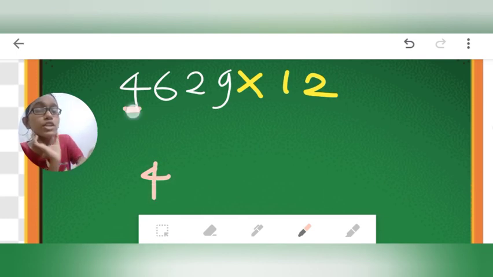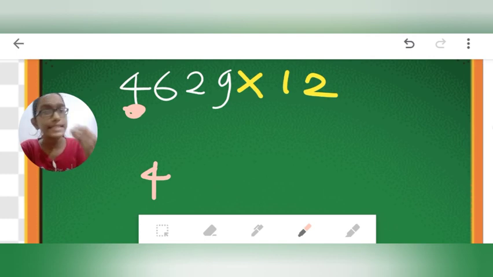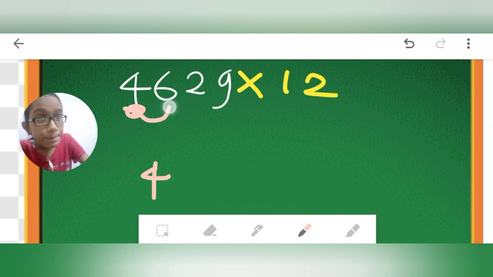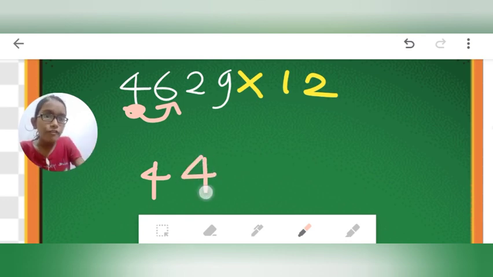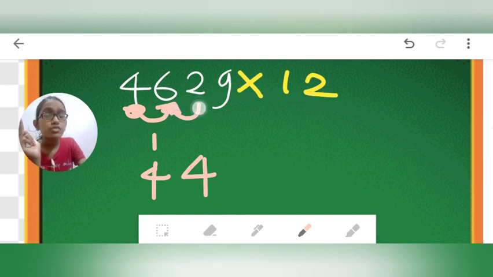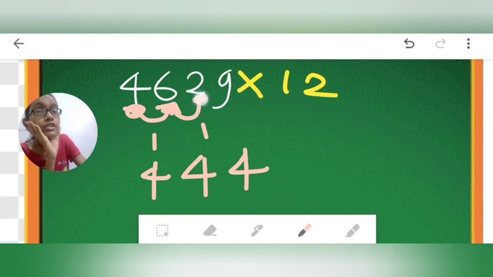Now what you will do is, multiply this number 4 by 2. 4 2s are 8. Then you have to add 6, the next number. 8 plus 6 would be 6, 7, 8, and 6 2s are 12, 13, 14. Okay, it would be 14. The 4 of 14 goes here, send 1 as carry. Now you will multiply 6 by 2. 6 2s are 12, and then 12 plus 2, 14. 4 here, 1 carry.